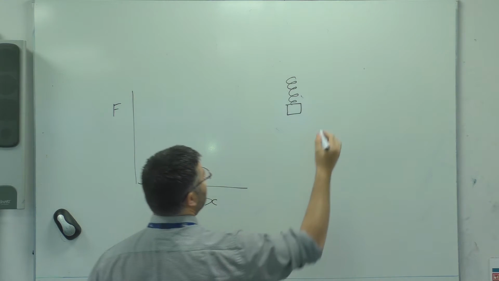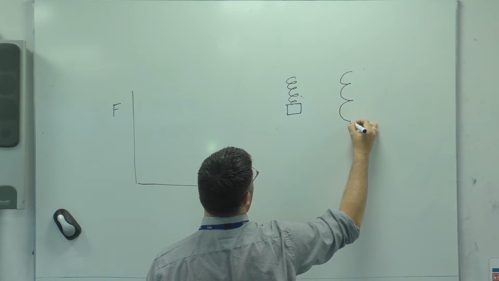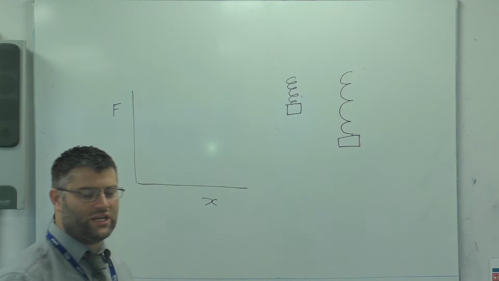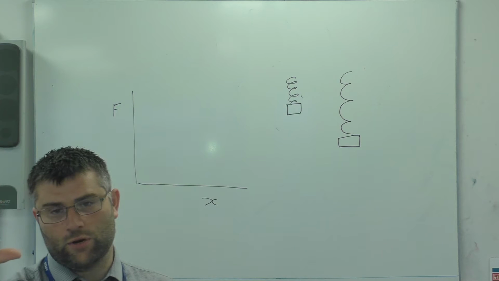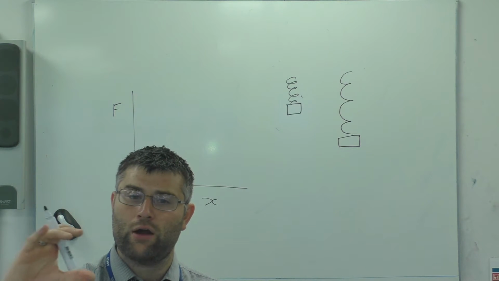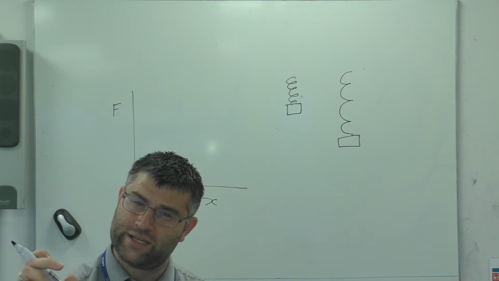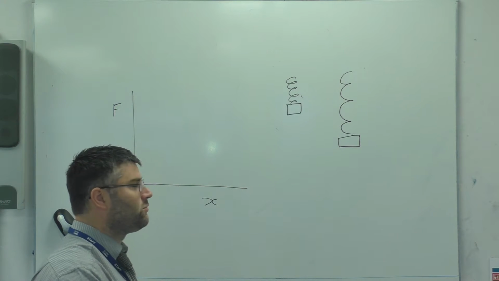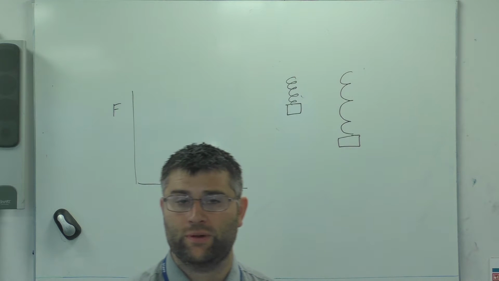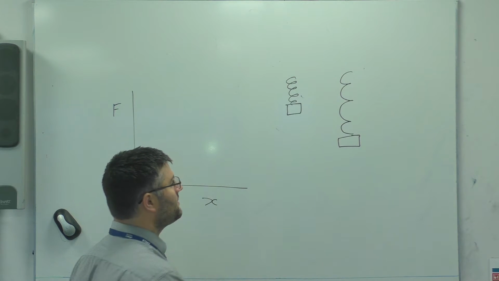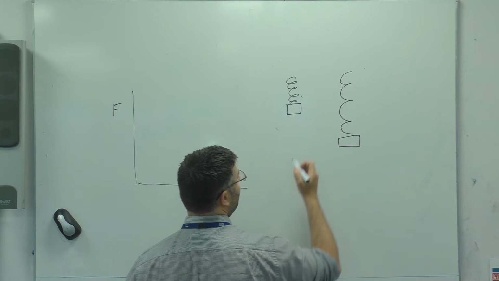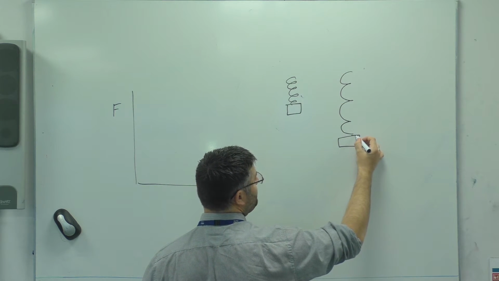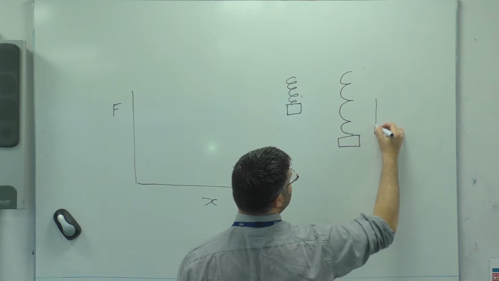Now, one thing I will say about extension is that the extension is not the total length. The extension is how far it's gone from its original size. So when you're doing this, you'll want to measure the spring when it's got no load placed upon it, and then you'll measure the distance from a point on the spring to the new point on the spring, and that distance